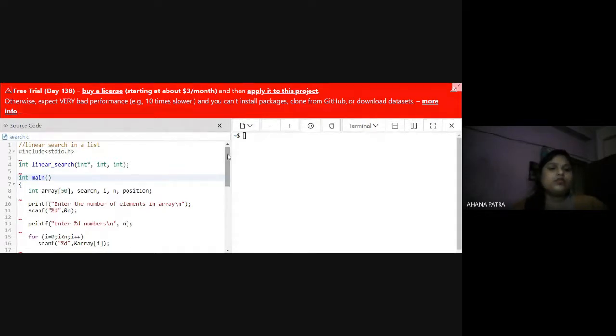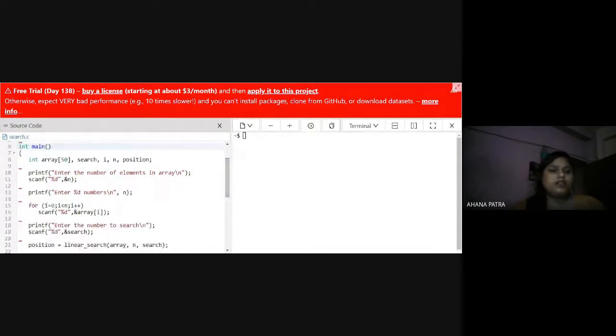Okay, so in main we first enter the number of elements in the array. That means how many elements we can store in this array. The number is stored in the variable n. Next, we fill the array with data. We give a message to enter the numbers.